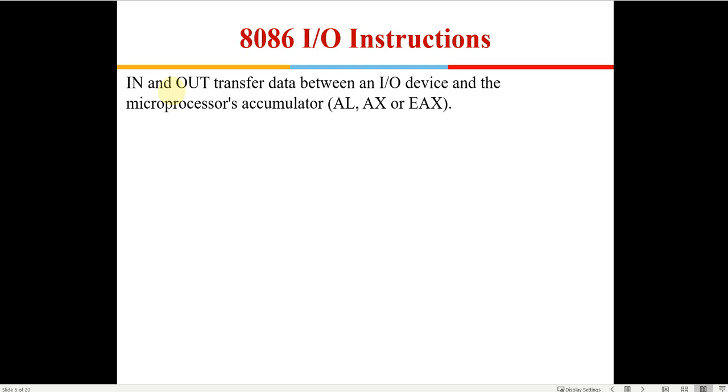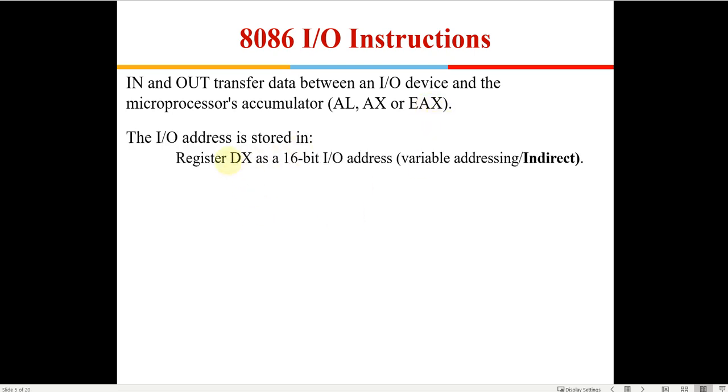There are some IN and OUT commands which are used for direct and indirect IO. They transfer the data between IO devices and the microprocessor's accumulator. It could be AL, AX, or in higher versions EAX also. These are the formats of the instructions.